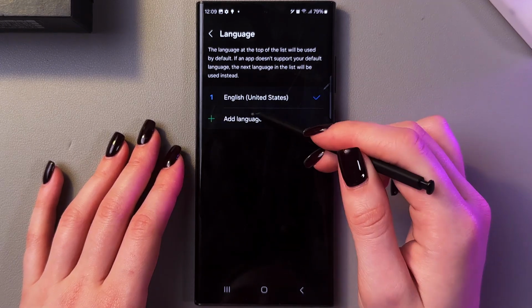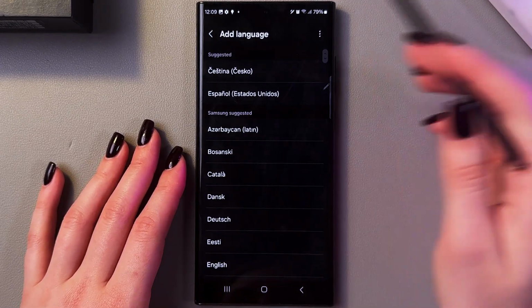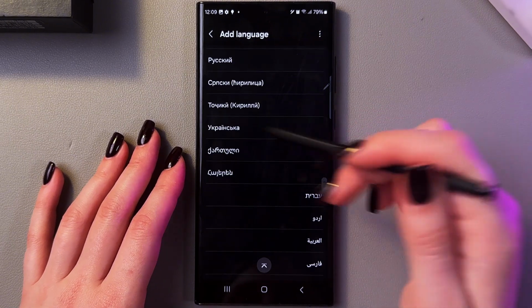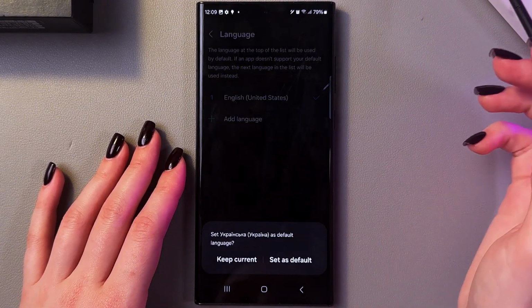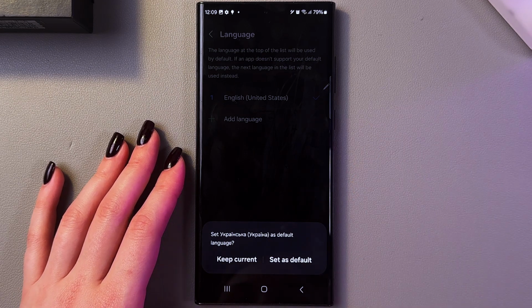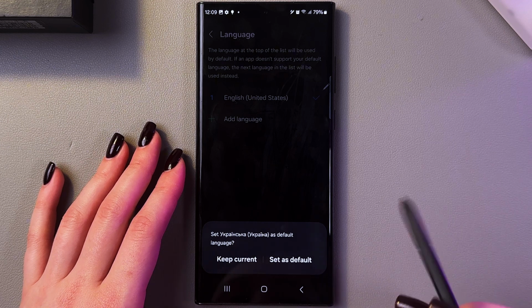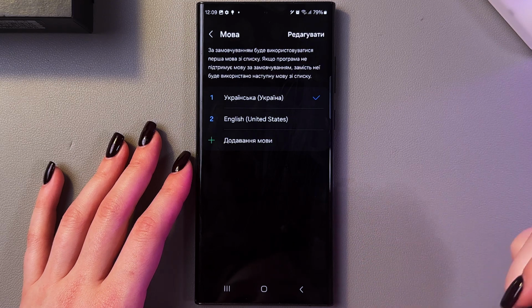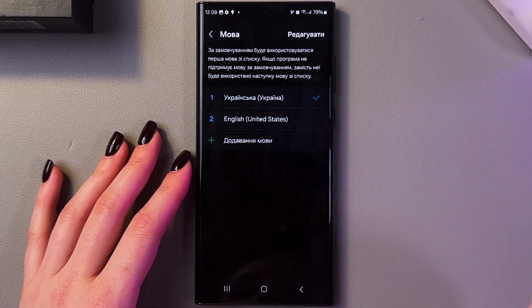And to change it, we'll need to go to the Add Language section, and here you'll see many options for the language of your phone. For example, let's choose Ukrainian, and here we have two options. Keep the current language as the default for the phone, as English in my case, or set our new language, Ukrainian, as default. So let's set it as default, and now in a couple of seconds, your phone will translate